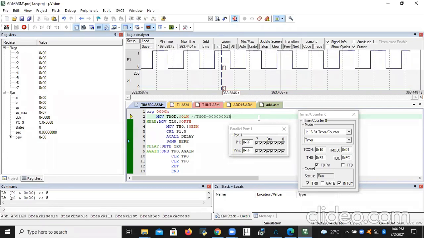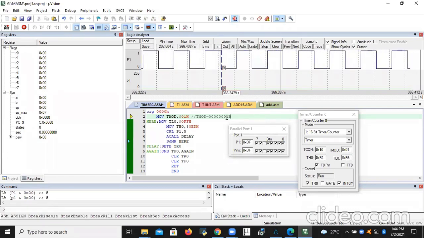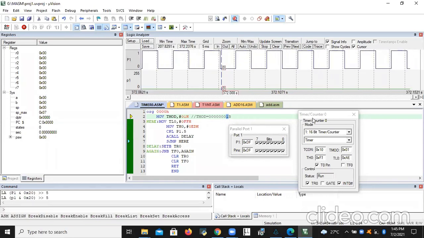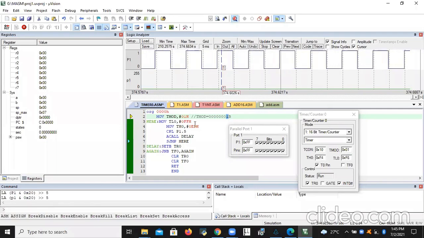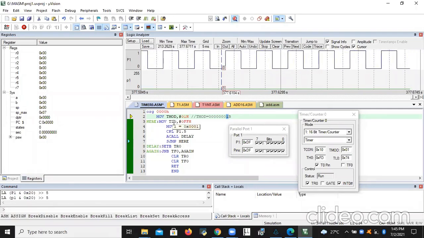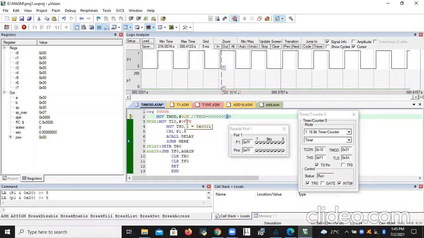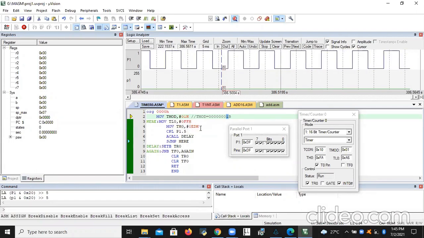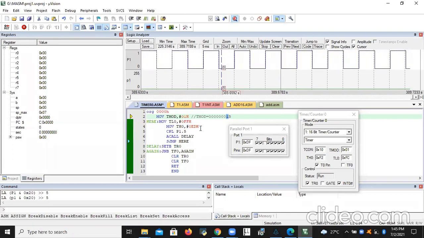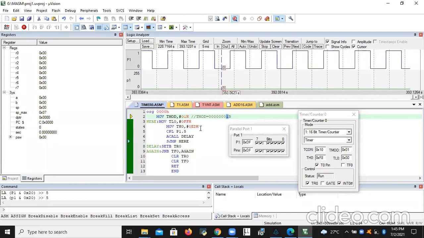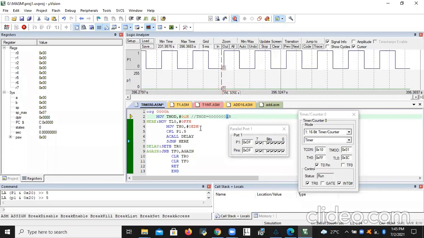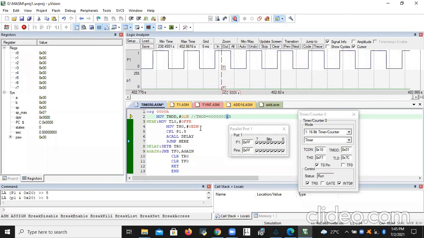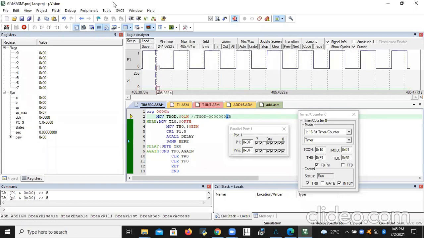As per this bit combination, timer 0 is selected. So into timer 0, TL0 is loaded with 0FF and TH0 is loaded with 0ED. Some value I have taken into the lower register and also the higher register.